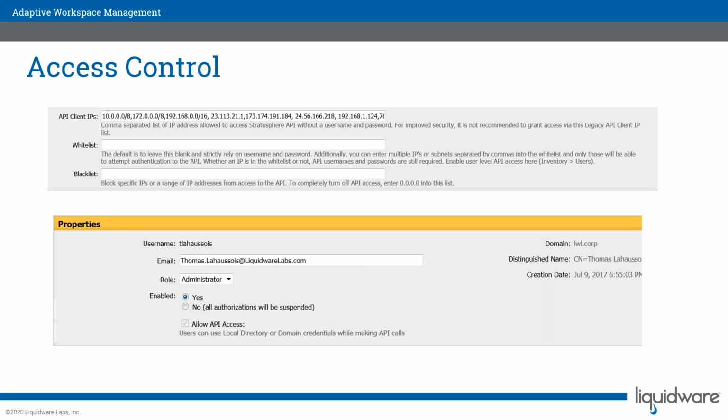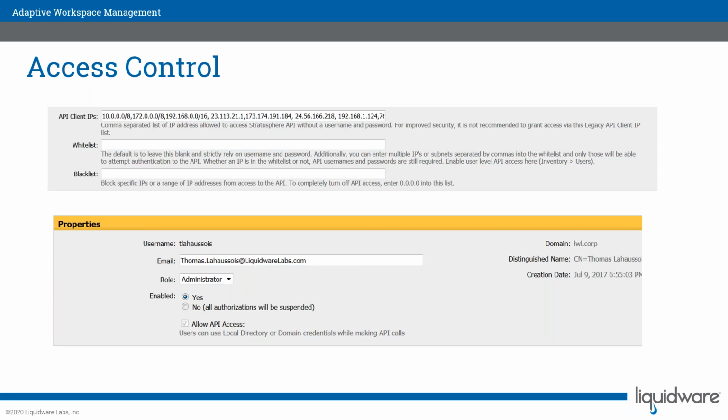Now, to enable that, the easiest way is to set up the IP address of the client. By that, I mean the desktop that you're going to use to run Power BI or Tableau, the one that's going to actually initiate the API query. So the API is set up to secure access to the information from the endpoint perspective. If you don't know what it is, you just open your desktop and try to run the API. You'll get an error message with the IP address, copy-paste it into the administration settings of the configuration of Stratusphere,